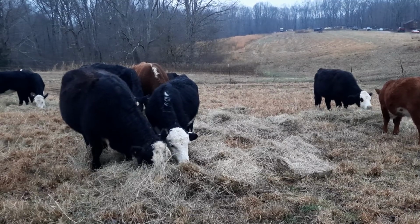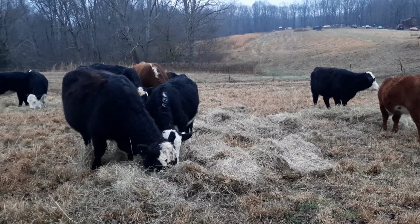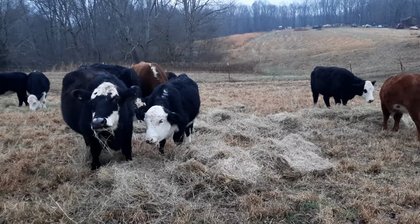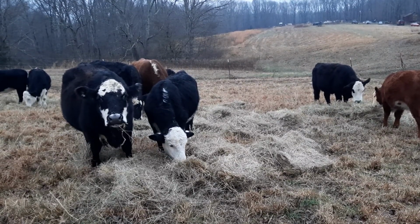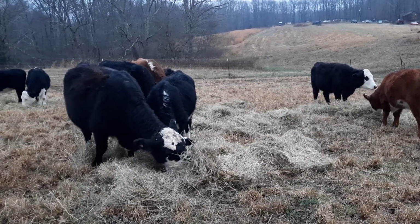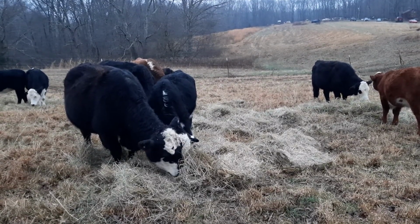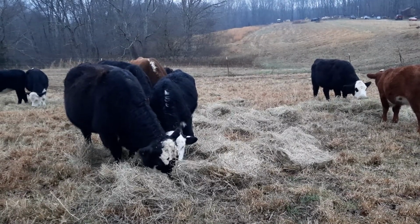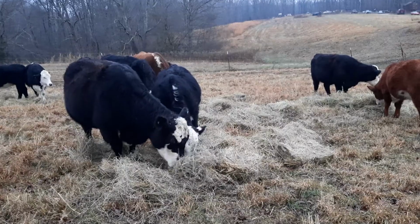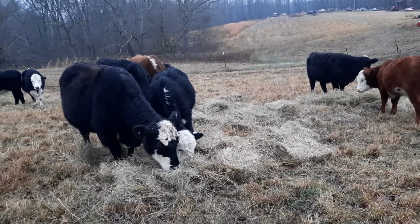But everything is, we're sneaking on through winter pretty good. A little worried on hay, the amount that I'm feeding now. Started off with a little shy of 1,000 bales. And I used to have more head, but they were older cattle. And these young ones, they sure put it away. Because I used to get through on about 650 bales, and I'm going to be really, really close. I may have to buy a roll or two to finish me up this spring, which is okay. There's plenty of hay out there, so it's not the end of the world. We'll just do a little better next year on getting hay up